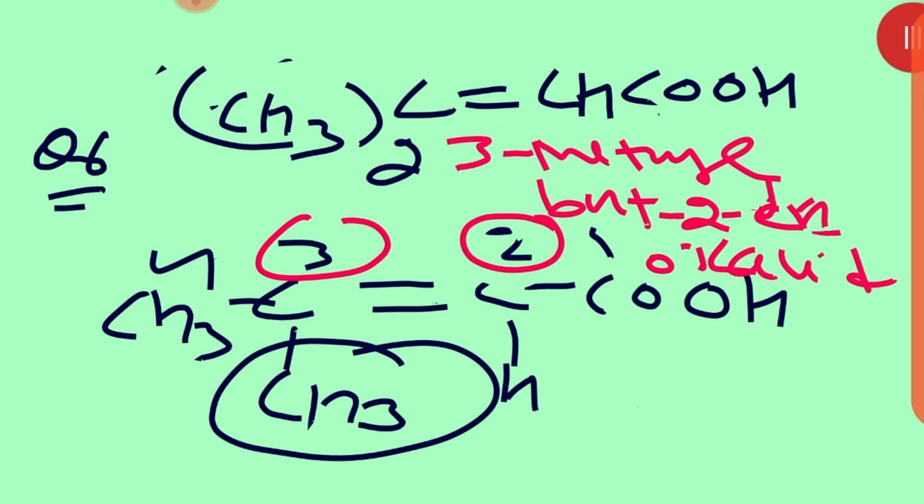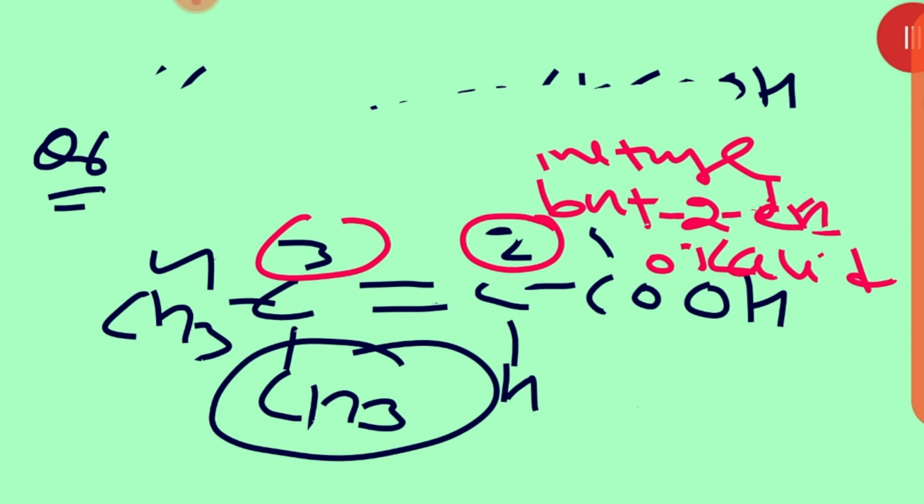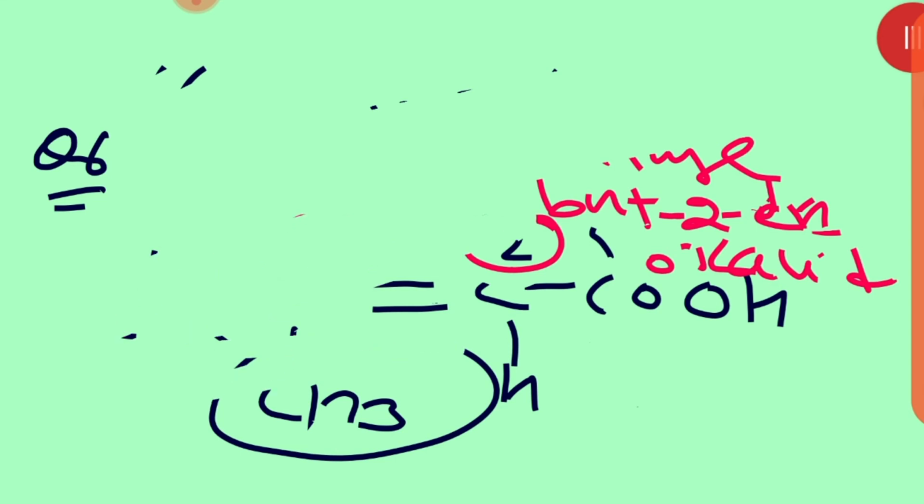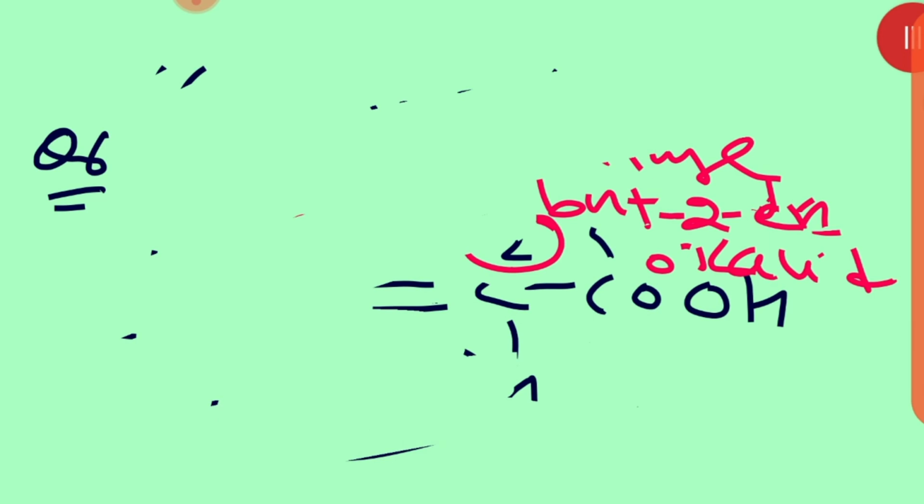Clear? In the same way, now we are going to do its third part. Third and fourth part, you see all of you please. In the third part, they have made cyclopentane, and along with the cyclopentane, one COOH group is there, and another one is CH3 group is there. You must see all of you. Okay. One is this one.